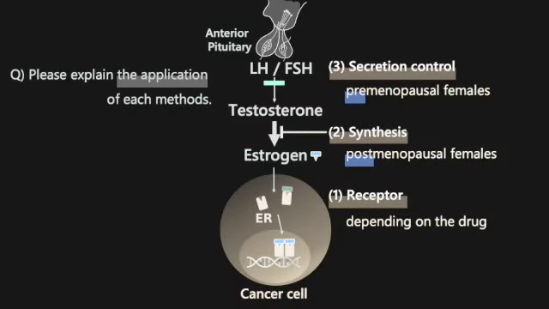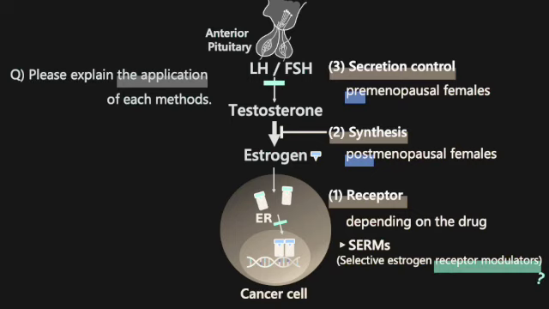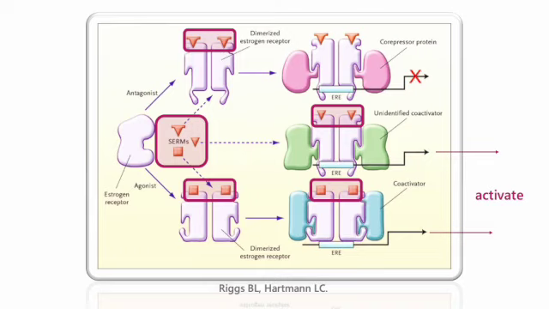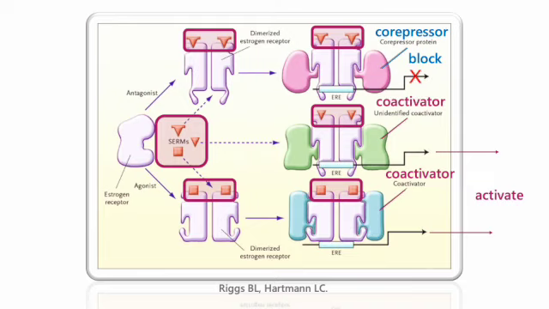1. Receptor. The method to inhibit estrogen and estrogen receptor signaling is using selective estrogen receptor modulators. Question. What is a receptor modulator? A receptor modulator, or receptor ligand, is a general term for a substance that binds to and regulates the activity of chemical receptors. It acts like the substance on some tissues, but blocks the effect of the substance on other tissues. Its activity will be influenced by the relative levels of expression of the coregulator proteins, including corepressors and coactivators, that are expressed in different target cells.